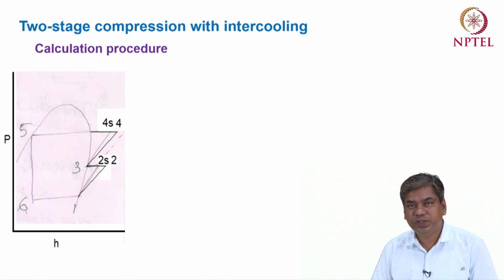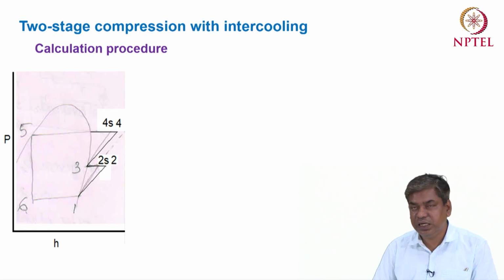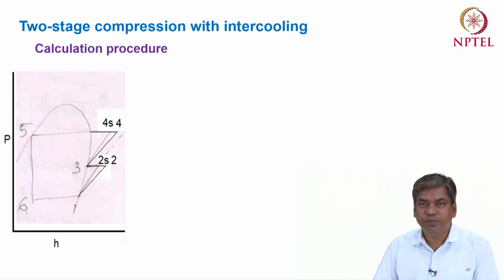So for this type of cycle, if the 3 pressures or temperatures are known to you, one is the evaporator pressure, another is the condenser pressure, and the third is the intermediate or intercooler pressure, then from the saturation table we can see that point 5 is the saturated liquid, and H5 is equal to H6. Again, points 1 and 3 are both saturated vapor points. So directly we can get the different properties from the table.